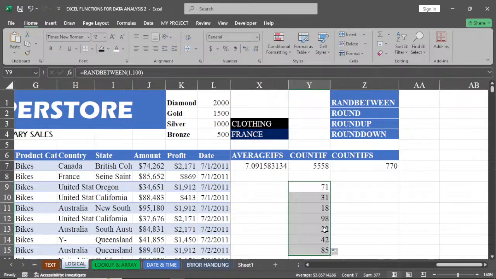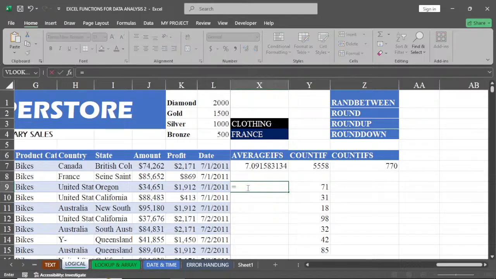Then the next one is ROUND. Let's say we want to round this to the nearest decimal. We can go ahead and say equals ROUND, double click here. Then the number I want to round, comma, number of digits. Let's say we put 1 and then we hit enter. Automatically it